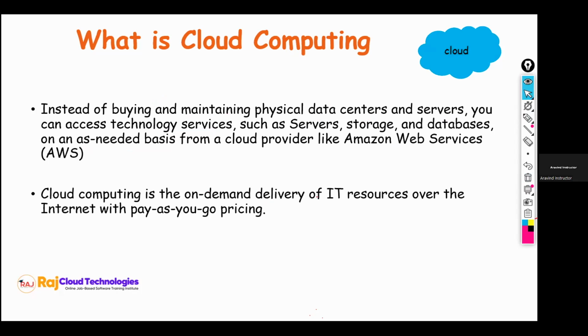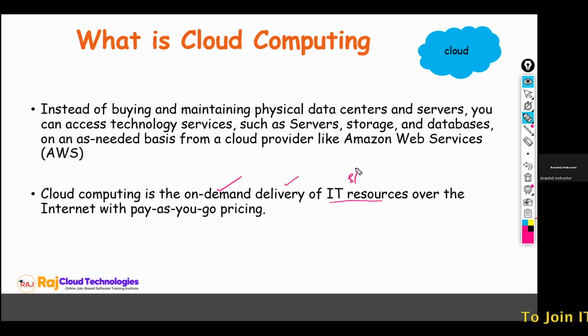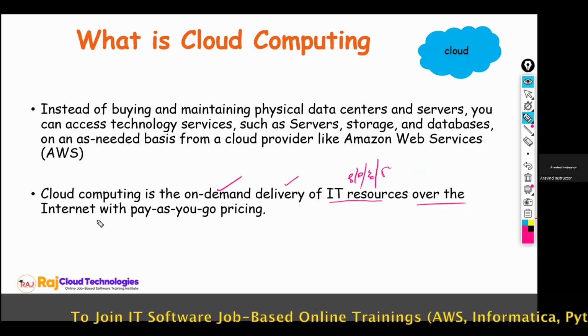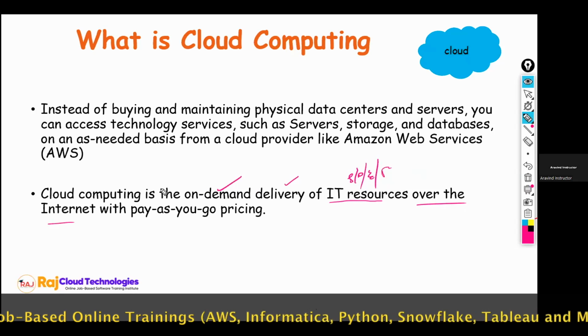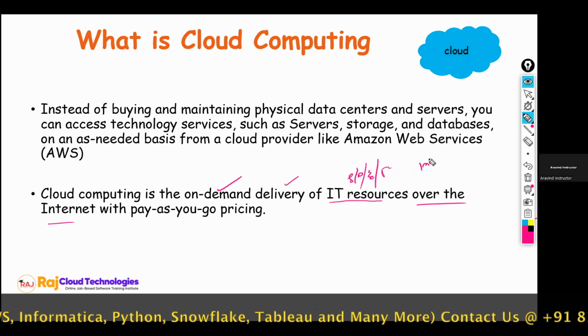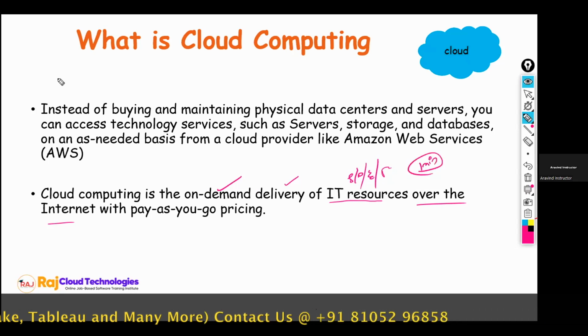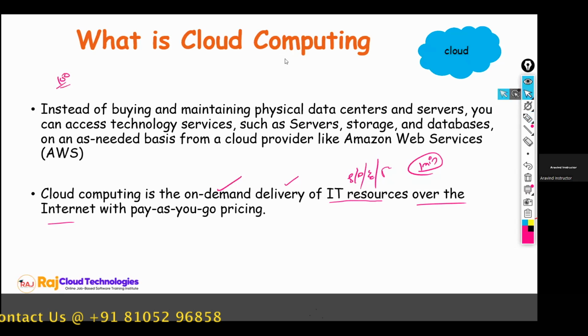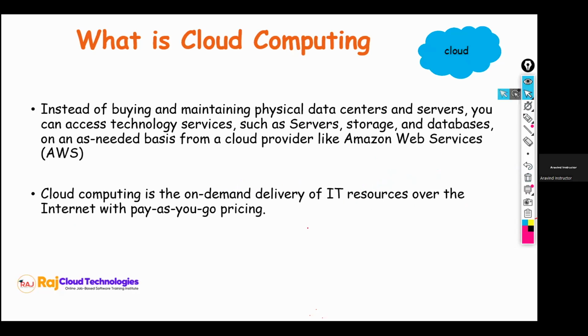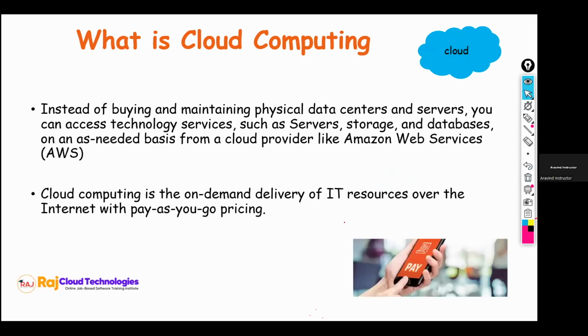So cloud computing is the on-demand delivery of IT resources. Whenever you demand that you need 100 servers, immediately they will deliver all kinds of IT resources like servers, databases, elastic IPs, public IPs, whatever you need, over the internet. Virtually they will deliver within the next minute. Within 1 minute, you can launch 100 servers. But in a physical data center, setting up 100 servers will take at least 1 week. For that, you need to pay the money finally. Whatever they charge, you need to pay the bills. So this is called cloud computing.